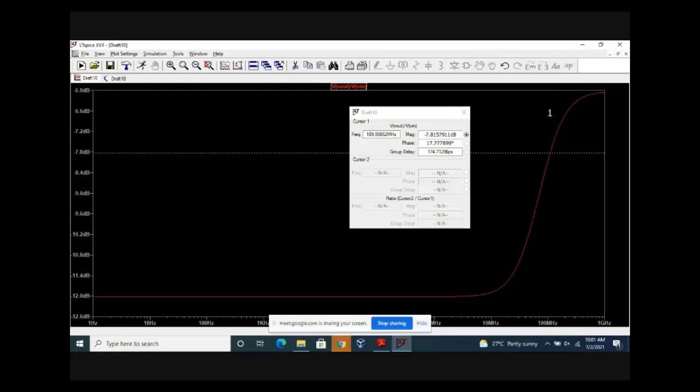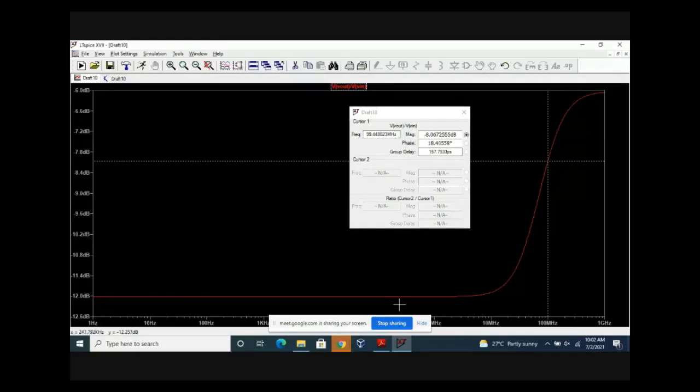you will see this is around 100 megahertz. Yeah, you can see the magnitude at 100 megahertz also. All right, so what you need to do is perform the same experiment, and check the magnitude at 100 megahertz and 50 megahertz. And when I was teaching, I was telling the magnitude is R1 by R1 plus R2 and C1 by C1 plus C2 correspondingly at zero and pole frequency. Verify that with the values you are getting. What you are getting here is in dB, so you need to convert it into the linear scale.